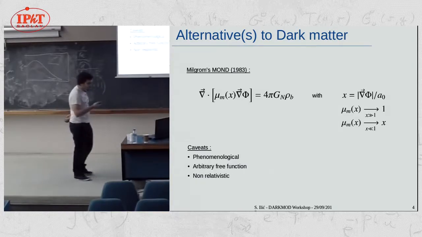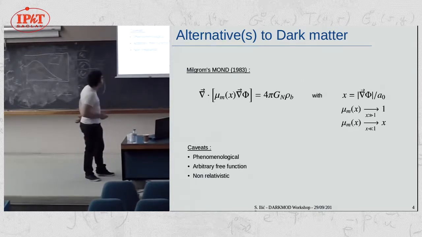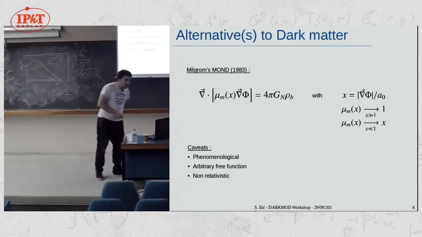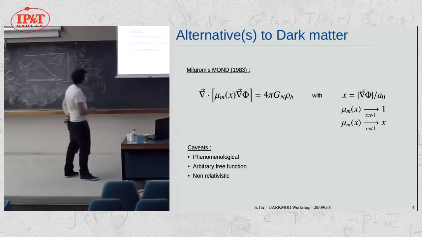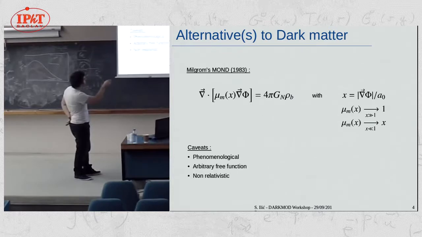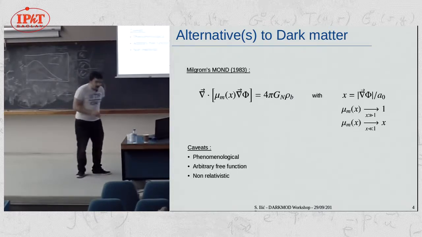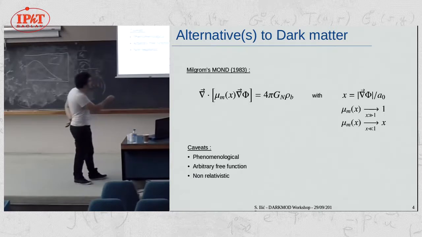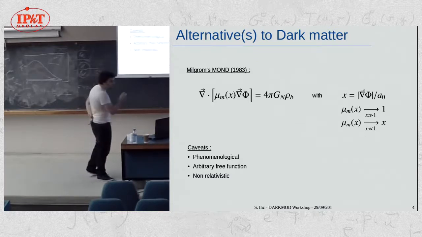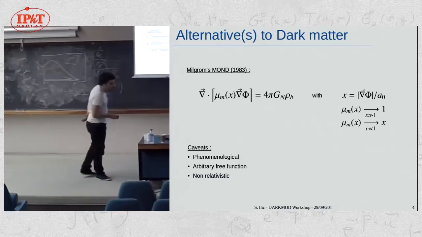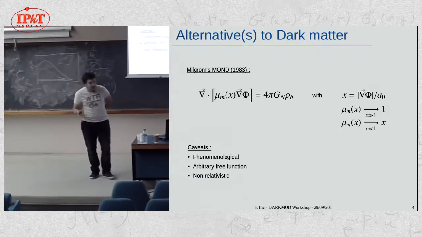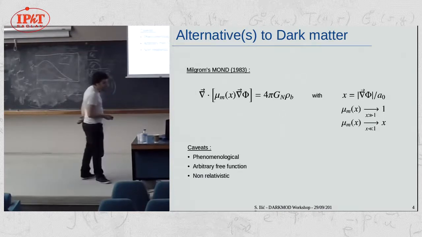perhaps the most well-known, the most famous, is the so-called modified Newtonian dynamics by Milgrom in 1983. And one way to formulate MOND is by a modification to the Poisson equation with the inclusion of a free function mu. I say free, but it's not entirely free. It has limiting forms in order to recover Newtonian behavior at small scales and fit the rotation curves at larger scales. But the detail and the actual choice of the function is often somewhat arbitrary and lacks theoretical motivation.